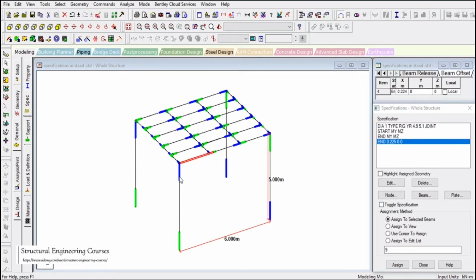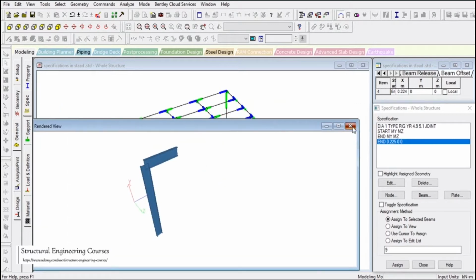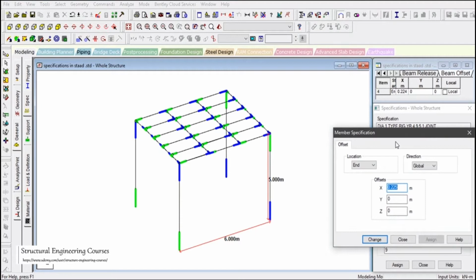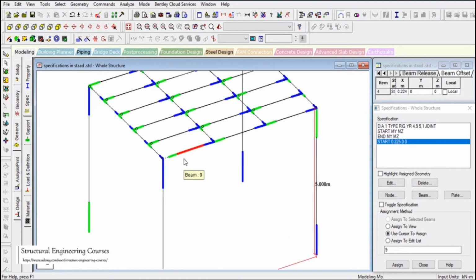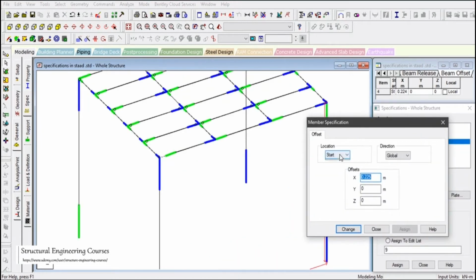So if we want to check the 3D view here, we need to select start here. I'm repeating this. I had made a mistake earlier: we need to select the location as start, not as the end.